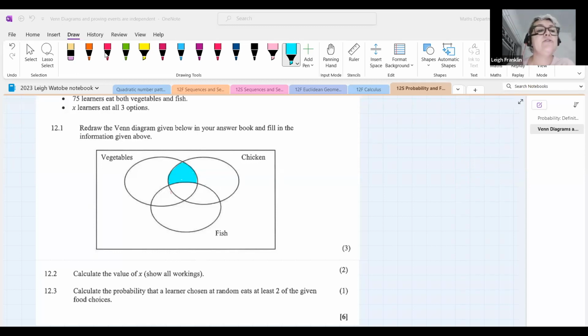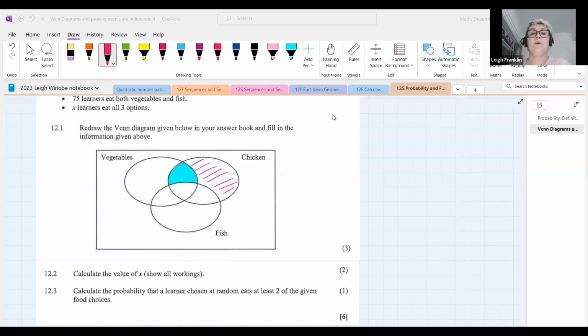How would I describe this region over here? So the one with the pink lines in it. How would I describe that? Chicken only. Good, well done. So that would be chicken only. Okay, those that eat chicken only. And